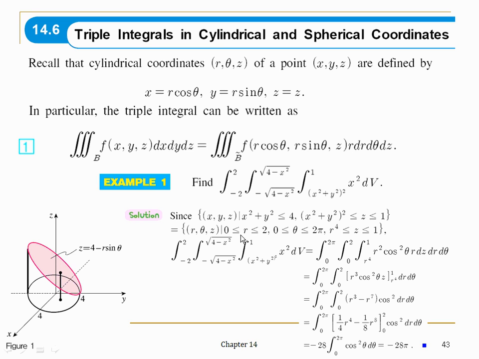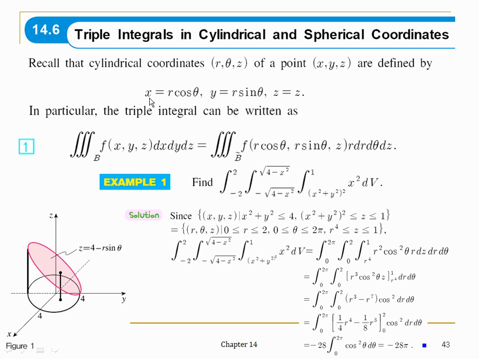Okay. Next, triple integrals in cylindrical and spherical coordinates. We have done triple integrals in rectangular coordinates before. So now we do the same thing in cylindrical and spherical coordinates. In cylindrical coordinates, the point x, y, z in rectangular coordinates can be written as r, theta, z with